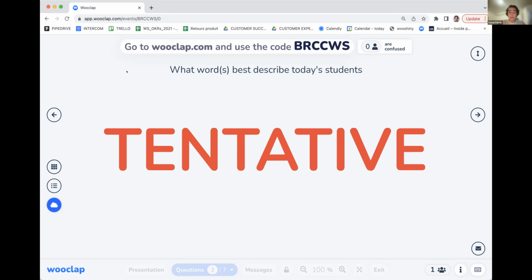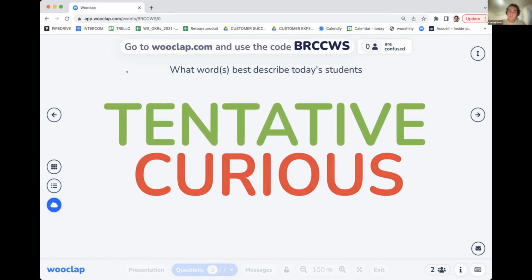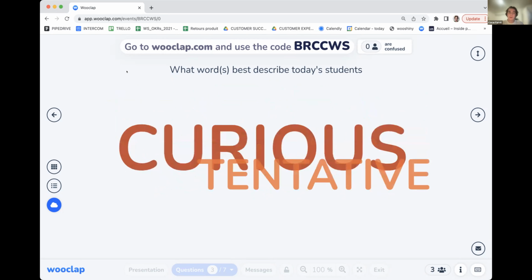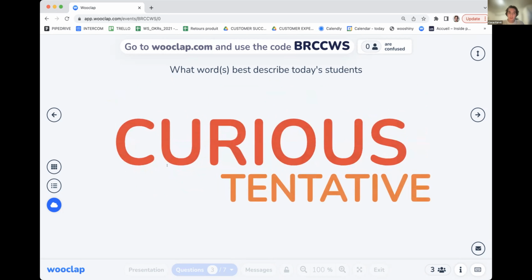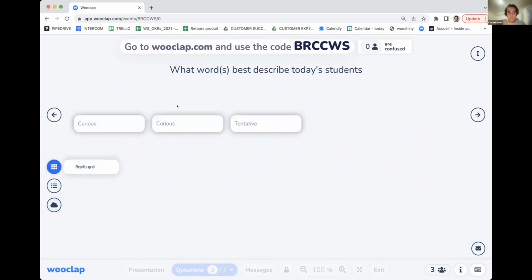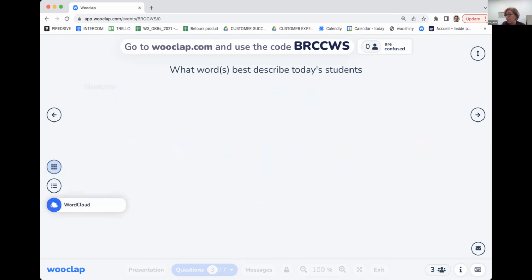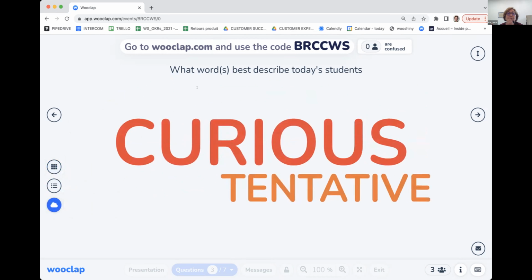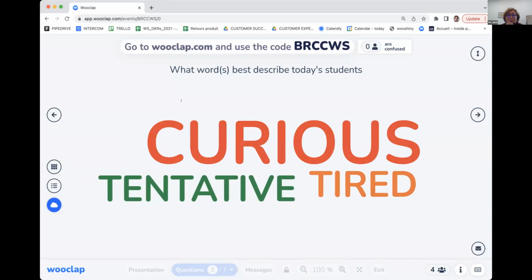Which means that, let's say the word tentative comes in multiple times, that one is going to be made bigger and the other ones will be smaller. So you can see any trends there are in different answers that you're collecting from the group. And it's just a very visual way to have a conversation. So here I can see curious came in multiple times, and that can be confirmed if I go on the left here. You can see curious came in multiple times, and that's made bigger. So yeah, this is one other use of